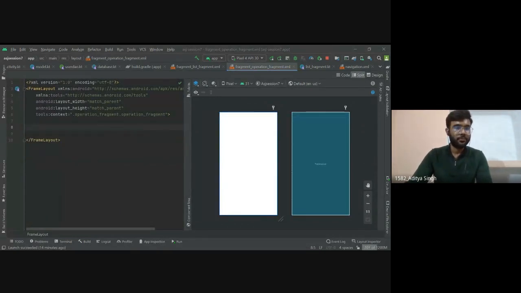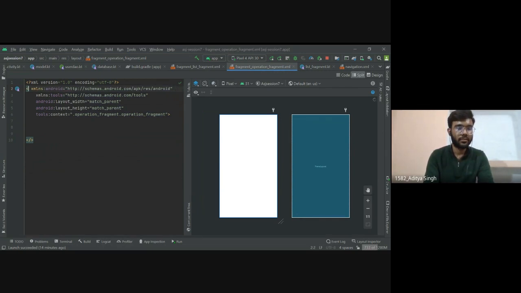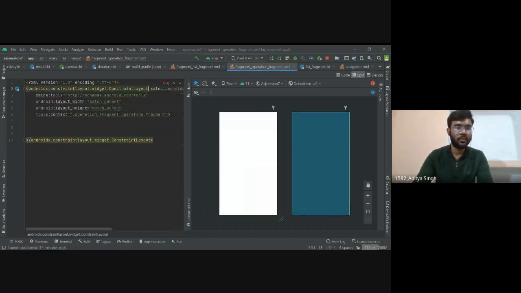Let's change it to constraint layout first, from layout to constraint layout. Inside this constraint layout, we will add the code. I have already written that code, so I'm not writing it again.